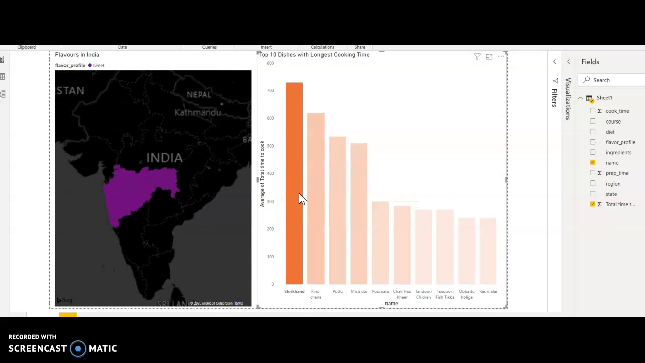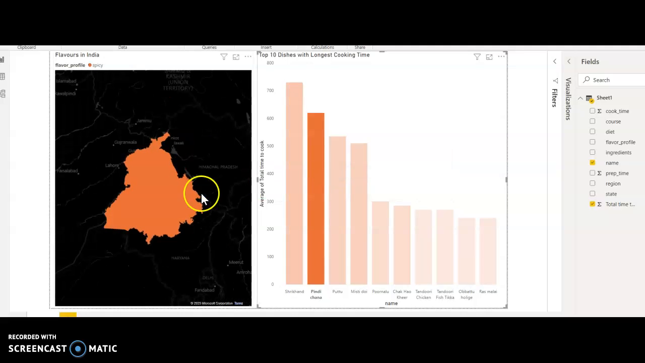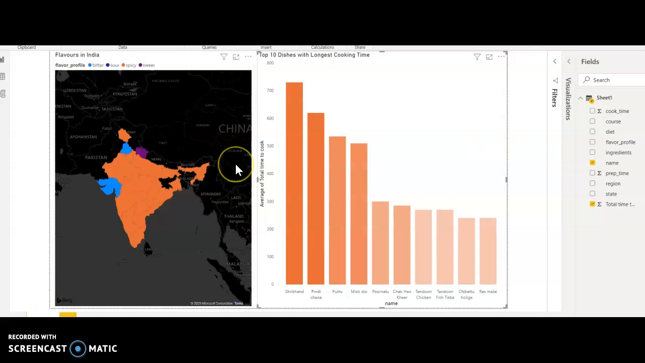And we can see Srikhand comes from Maharashtra, and it is a sweet dish, and pindi chana is a spicy dish, and it comes from Punjab. So this was Power BI,